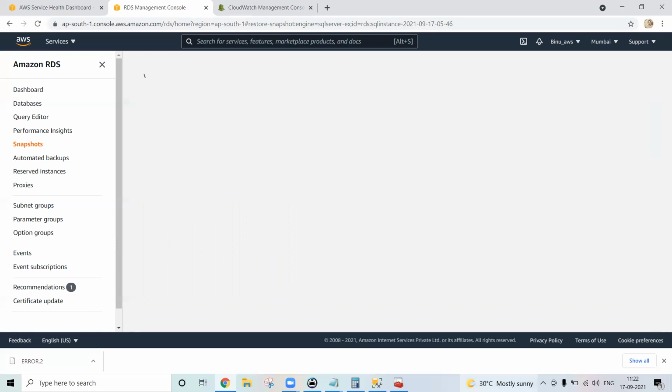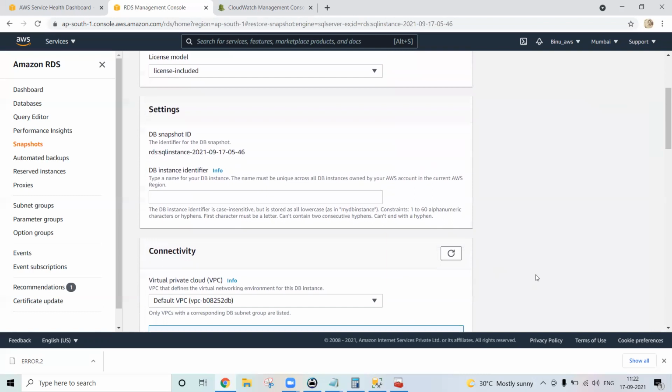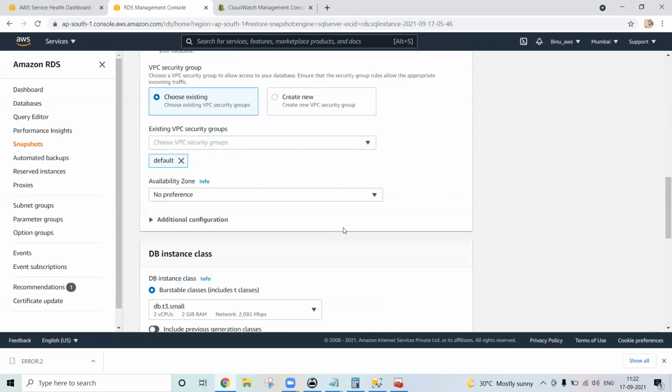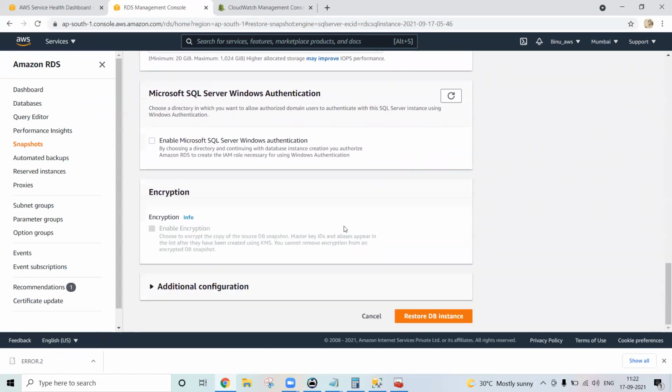In the next class, we will discuss how to restore the database and how to perform point-in-time recovery. You can see another DB instance will be restored. Not one single database is going to be restored.